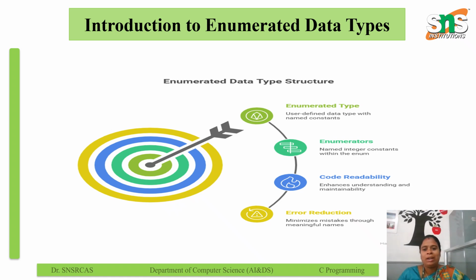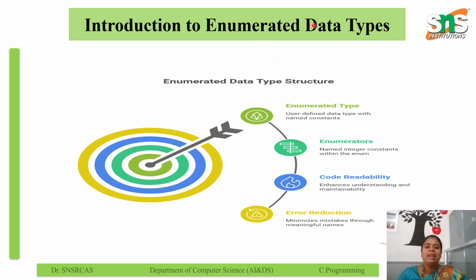Introduction to enumerated data types. Enumerated data types use the enum keyword. The keyword is enum. An enumerated data type is a user-defined data type that consists of a set of named integer constants called enumerators. It essentially provides a way to associate meaningful names with integer values, making code more self-documenting and less prone